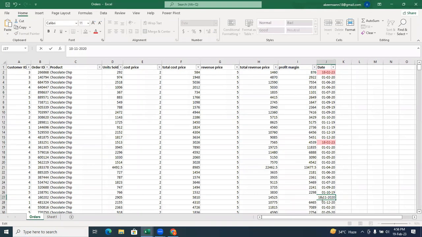So 18/02/2023. Press enter. So the moment you put a date,